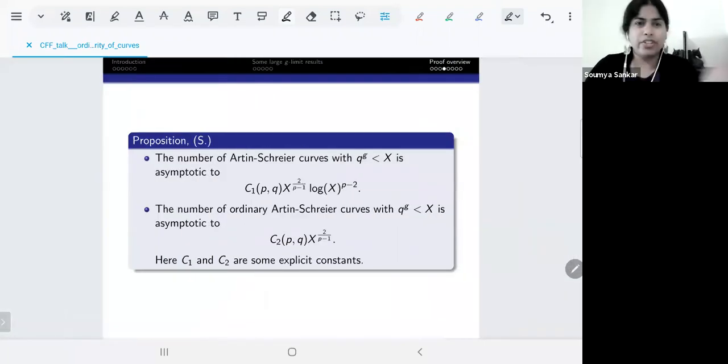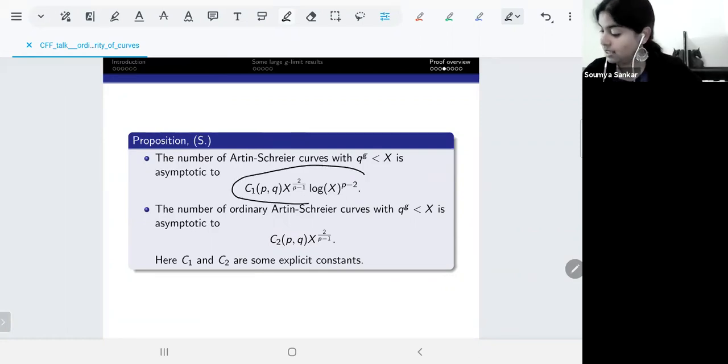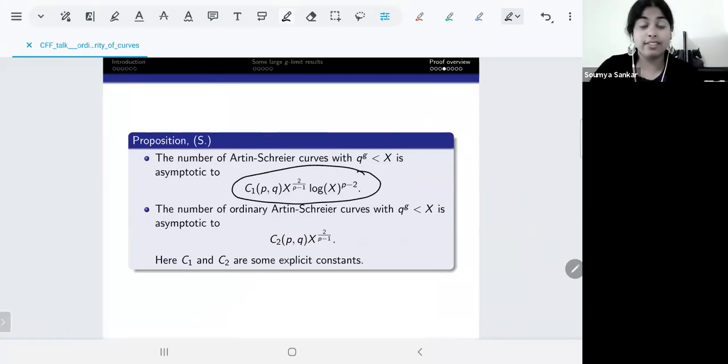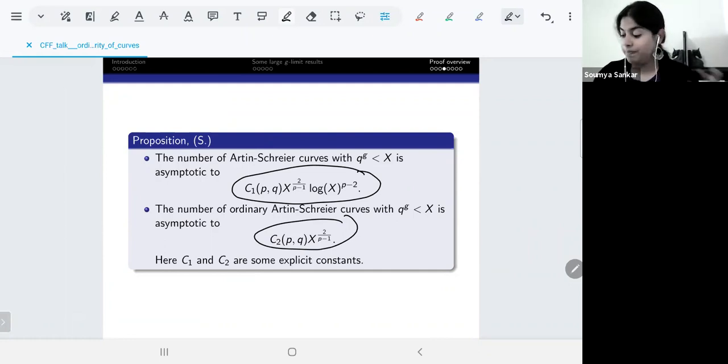And so now you're sort of reduced to counting rational functions with square-free denominator, and so that gives you the numerator, and then you count rational functions with some extra conditions, and that gives you the denominator. Then you divide the two, and you get what you want. Okay, and so C1 and C2 here are some explicit constants, and the only time this is non-zero is when p is equal to 2, and in that case you get the quantity that I wrote down earlier.